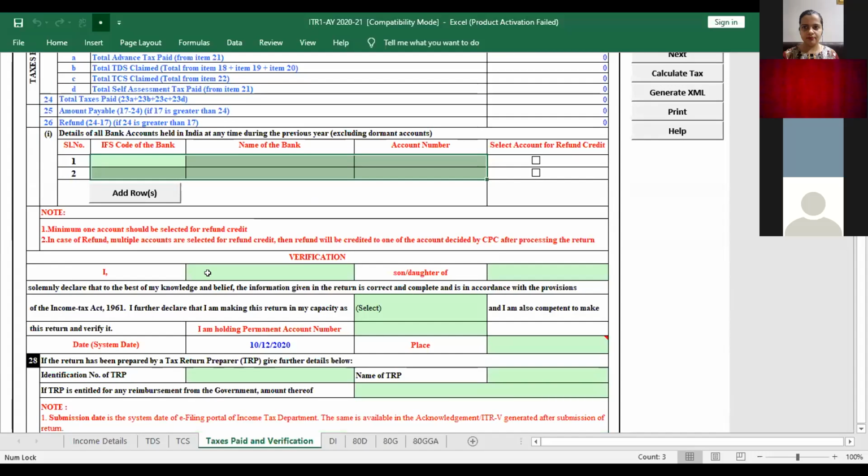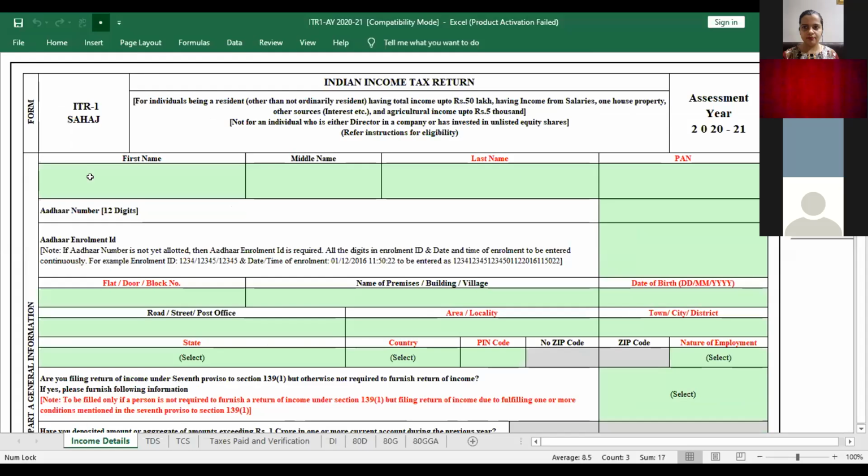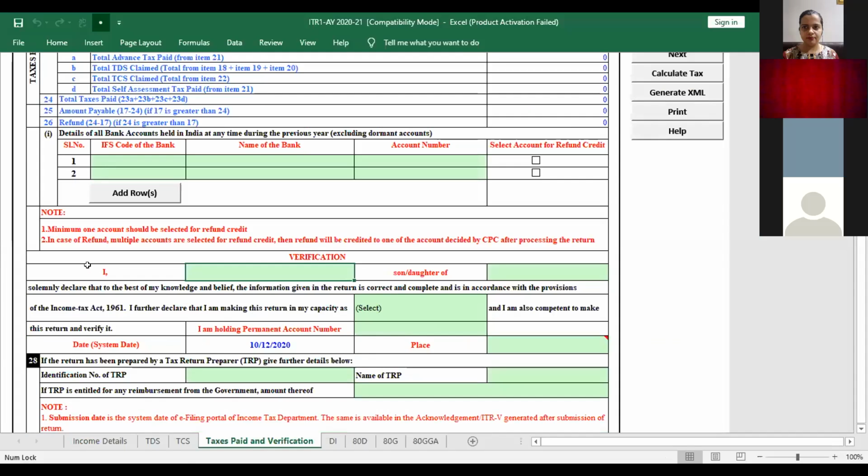Now over here, once you write your name in your income statement, right on top, where we gave personal details, your first name, middle name, last name, that will come directly over here. This will be your own name, daughter of, this will be your parents' name. Furnish return in the capacity of: either you can furnish return for yourself, or in case you're a representative assessee, filing a return for somebody else, you can select. Usually it will be self only. Then your permanent account number over here and the date.